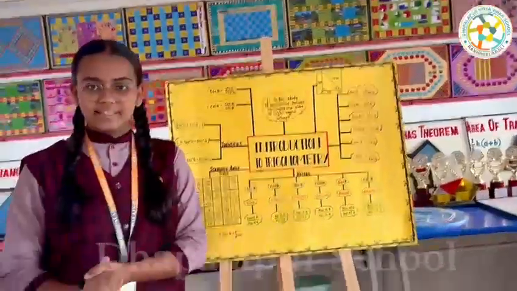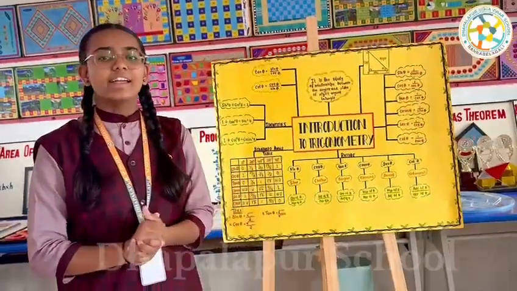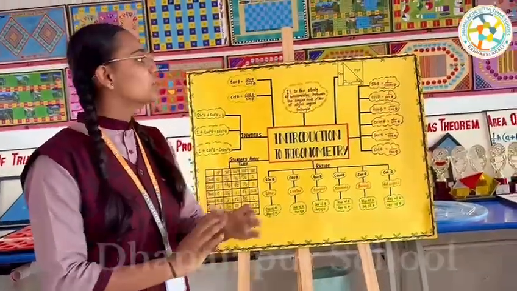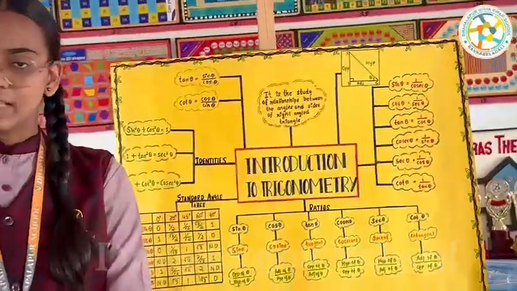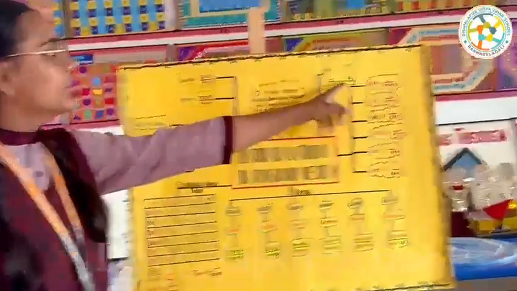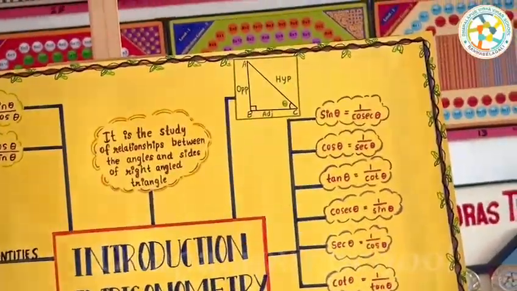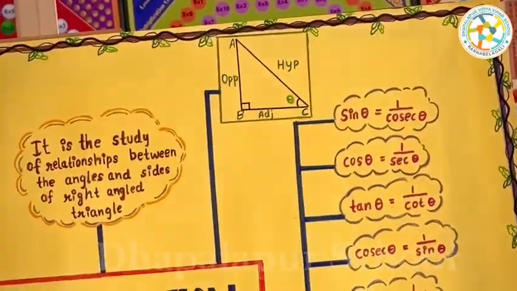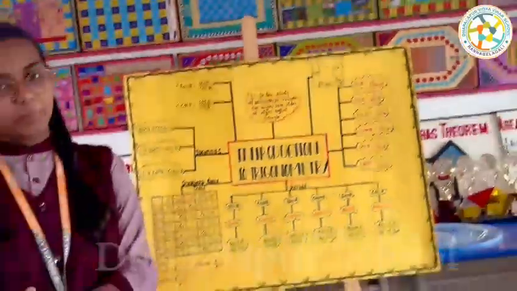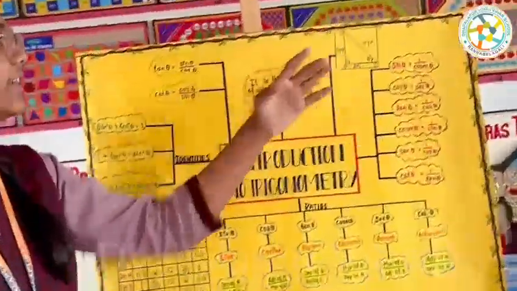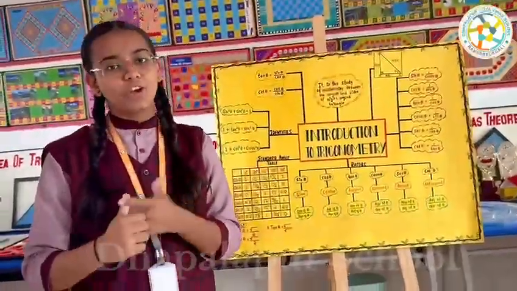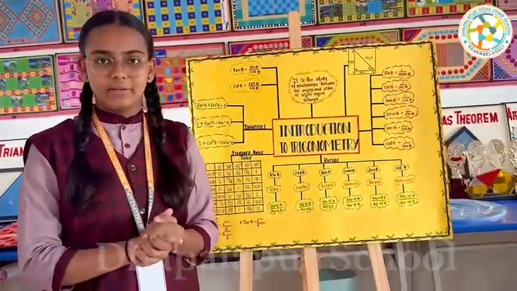Theta is at angle C. Now what's this angle theta? It is the name given to an angle through which we are going to decide the other two sides. Here, the side opposite to angle theta is AB, and it is also known as opposite or perpendicular. And the side adjacent to angle theta is the adjacent or base, and here it is BC.